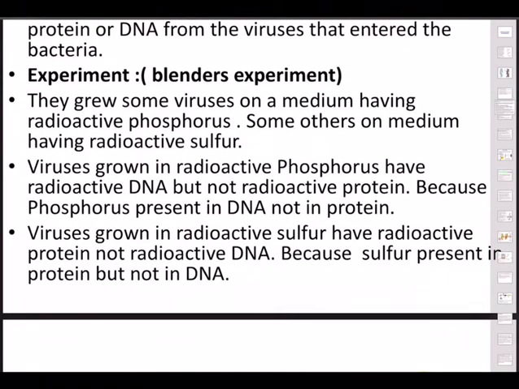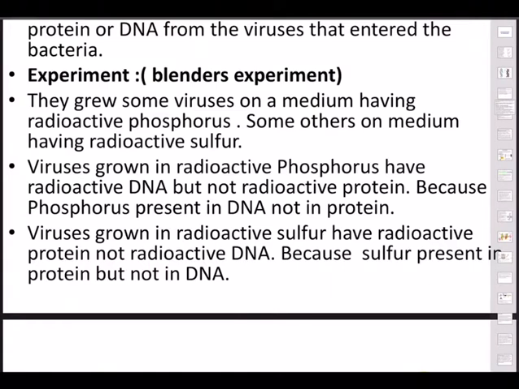What they did is the blender experiment. What did they do? They grew some viruses on a medium having radioactive phosphorus, P32. Some others were grown on a medium having radioactive sulfur, S35. So viruses grown on radioactive phosphorus have radioactive DNA. Why radioactive DNA? DNA is made up of a polynucleotide chain, we said. And a nucleotide, if you recollect from your memory,